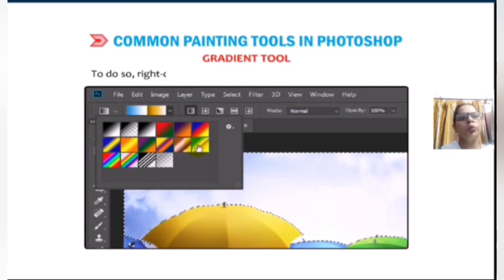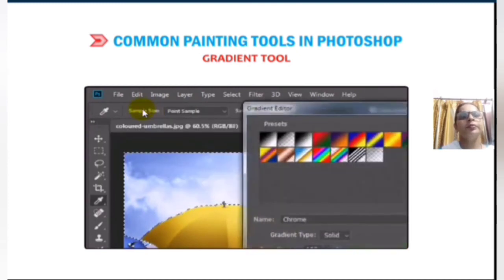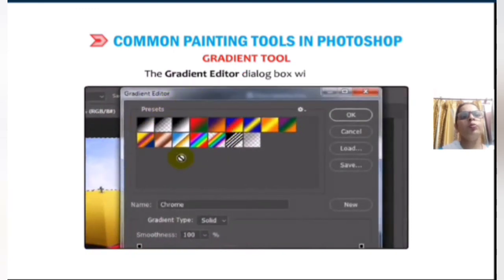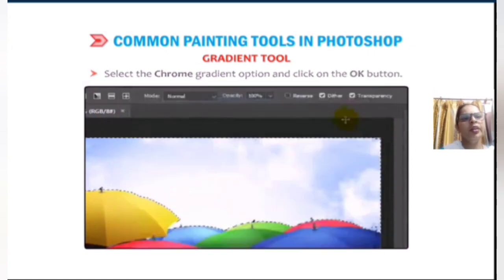To do so, click on the gradient picker in the options bar. The gradient editor dialog box will appear. Select the Chrome gradient option, click on the OK button.